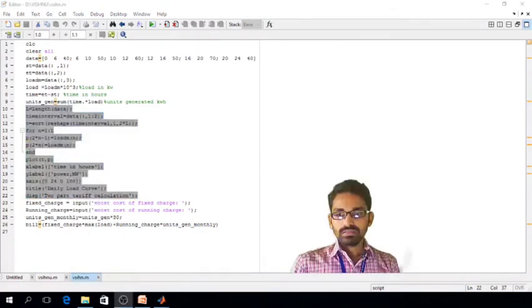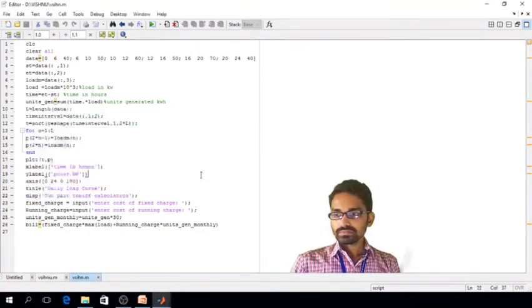Okay, right. So here T I have considered as the length of the data, and the time interval, how much time interval I have to consider on the x-axis. T is equal to reshape, which will reshape the data, and the time interval. Then I have taken a for loop so that it rotates until the load M of n, so the data is completed. Until the data is completed, the for loop is going to repeat, and then it draws the graph.